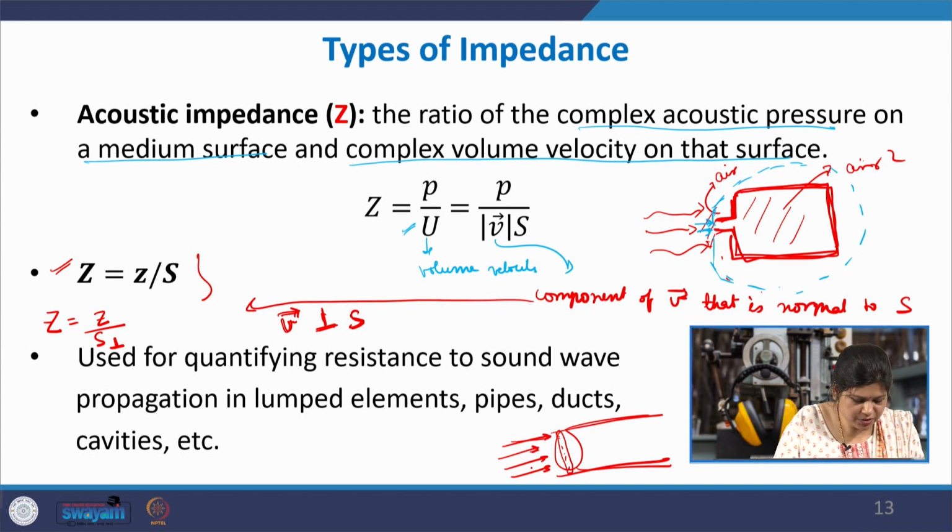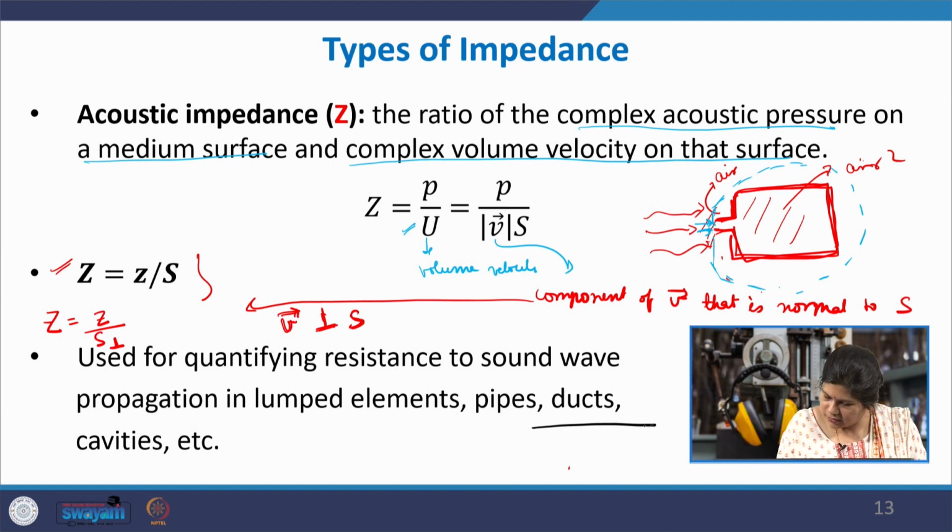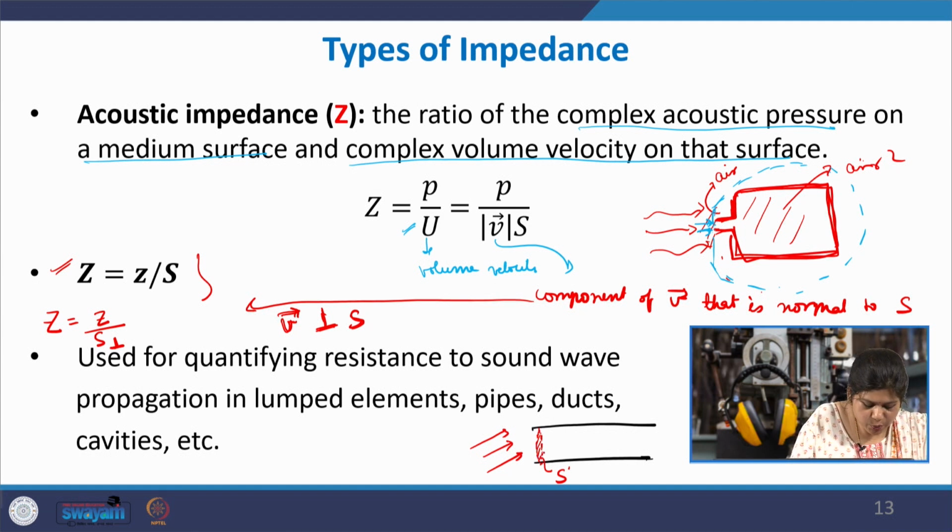Okay. Let me illustrate it slightly better. Suppose you had this as a structure, some kind of structure, and the sound wave is incident on that, but instead of incident normally, it is incident in this particular direction. So, maybe this is the surface area S of this particular element, but the wave is not incident normally. So, what would you do? You would take the S perpendicular, the effective surface area normal to the V vector. So, you would take something like this, and this becomes your S perpendicular.